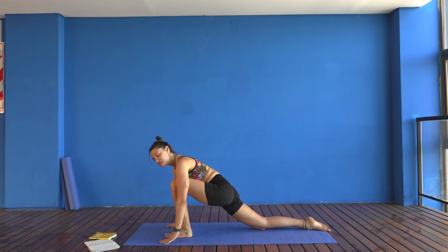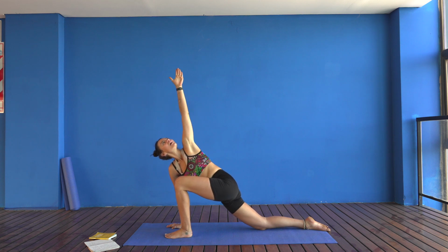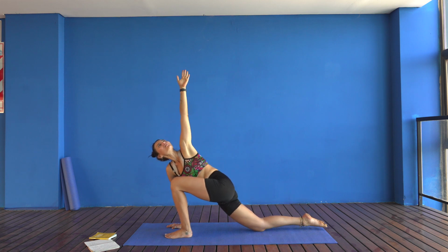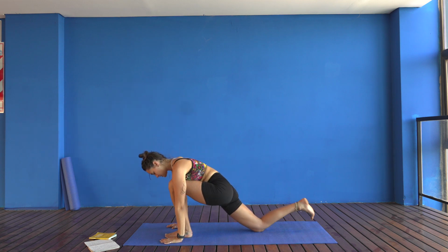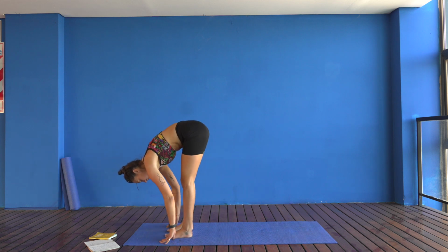Frame the left foot. Inhale, lift the left hand up into the sky. Option here again to tuck the right toes, lift the right knee if that's there for you, otherwise keep the right knee on the ground. Okay, gaze is up towards the left fingers. Inhale. Exhale, circle that left hand round, frame the foot, right toes tuck, right foot steps towards the left foot, forwards